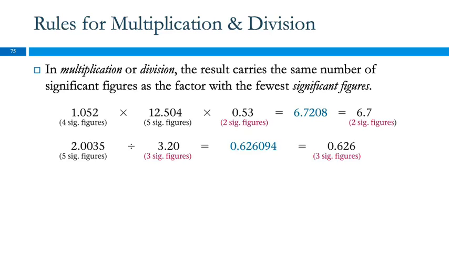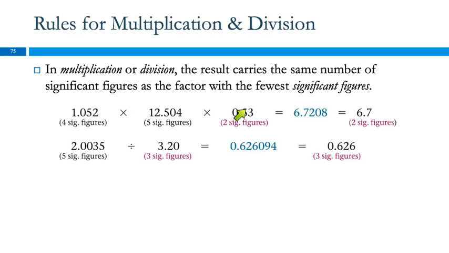So in multiplying and dividing, the result that you get should have the same number of significant figures as the factor, the number you started with, that has the fewest significant figures. So multiplying and dividing, we're looking at sig figs. Okay, how many sig figs? So the examples here,